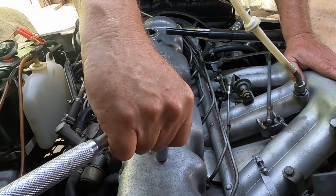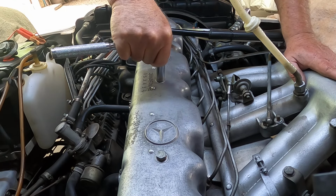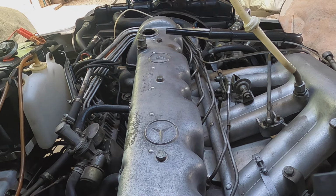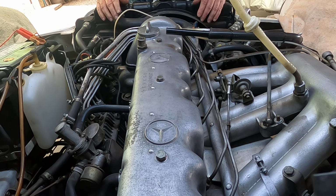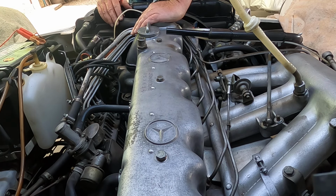Like that. Get them all at least feeling the same. There we go. Okay. Put this oil cap back on. I don't need that hole as a handle anymore to hold it back on. So now, while we have all this apparatus off for all the linkages and everything for the accelerator,